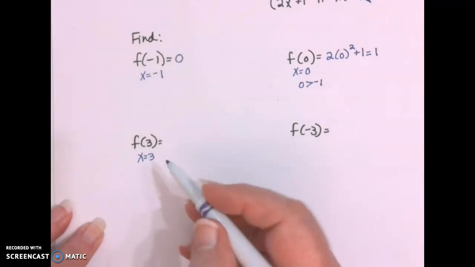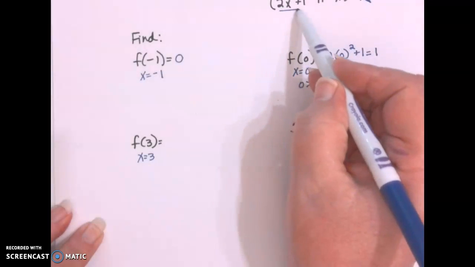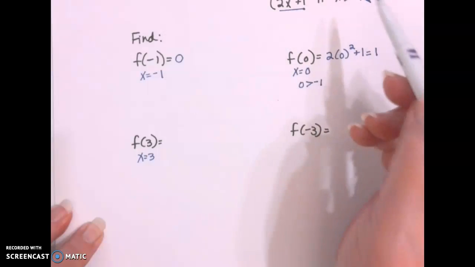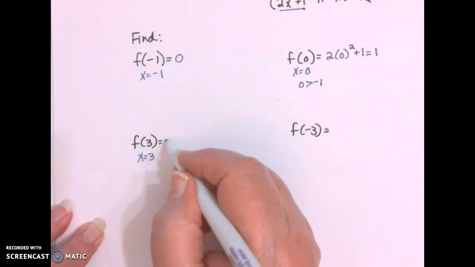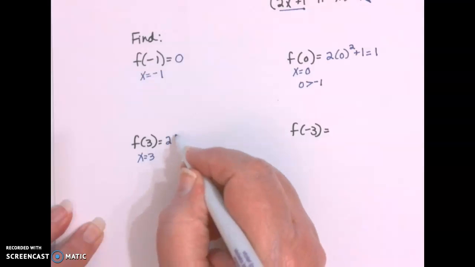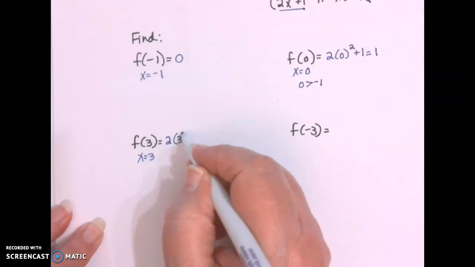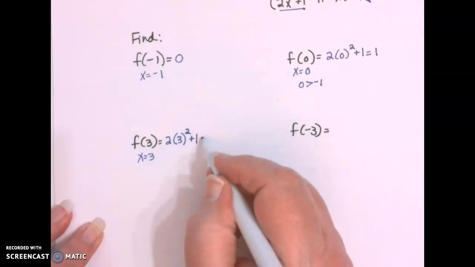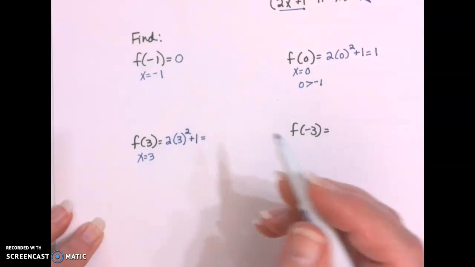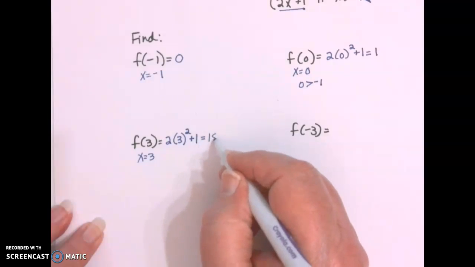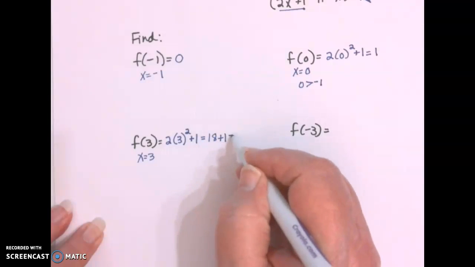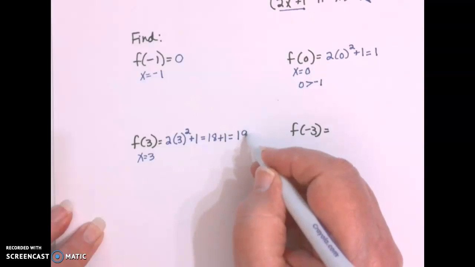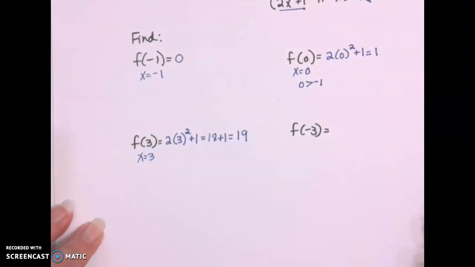So again, we use the definition of the function when x's are greater than negative 1, and we'll have 2 times, now our x is 3, and that's squared, and then we add 1. So 3 times 3 is 9, times 2 is 18. We end up with 18 plus 1,